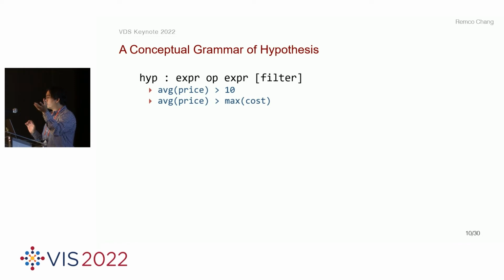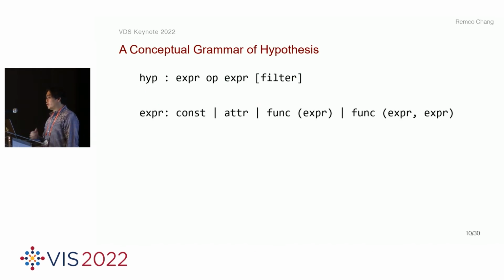variables. One is about price, one is about cost or a number. And then we have a relation, which is the greater than sign. And this is very much evaluatable in the sense that you can run this and you'll know if the answer comes back to be true or false, right? To expand a little bit,